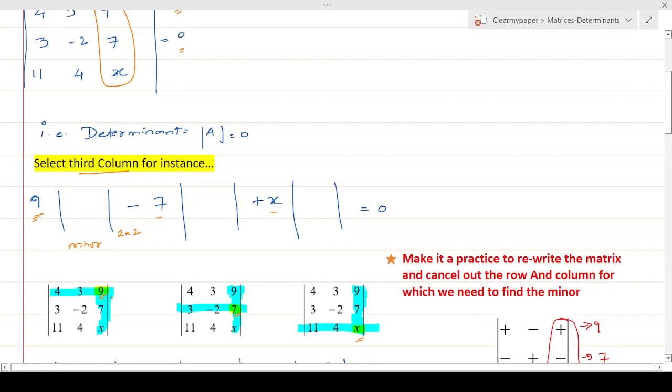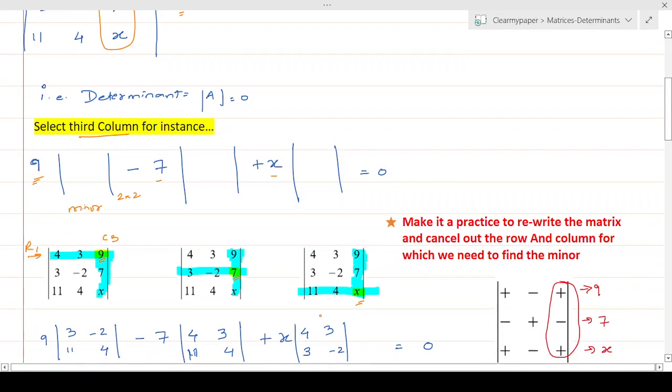So if you see 9 here, 9 is present in row 1 and column 3. So I've highlighted those. I don't want to take any of those values inside this minor or submatrix. That's how I've done it for the remaining elements. What I've essentially done is just put this for illustration. In exam, that's how you write. You create these empty spaces, write this down, and then fill up the matrix.